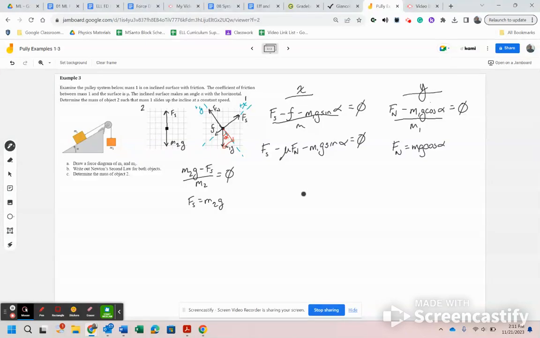So what I can do here is now solve for m2, now that I have all my equations set up, by just making a couple substitutions. I see we have an expression for the normal force, which we can substitute into the expression for the forces parallel to the incline. And we know the string, which is m2g, can be